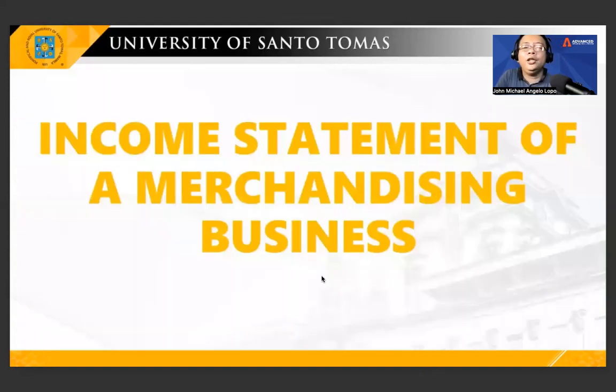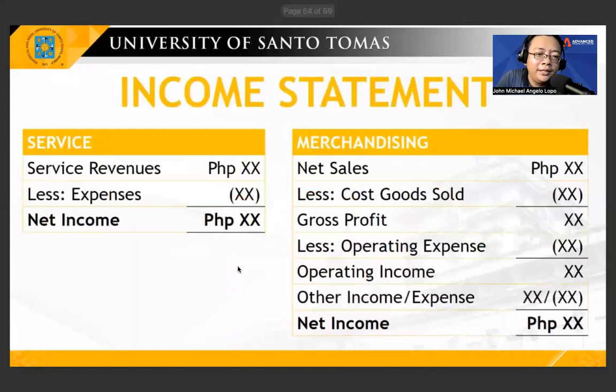Okay. Ito na yung income statement of the merchandising. Ito yung ginawa natin in our first part, which is service. Less expenses, you have net income. Magkaiba na siya in the merchandising. Mayroon na siya cost of goods sold and gross profit. Same pa rin, less expenses, or if ever you have expenses of OPEX and other income, then you have your net income. So, yun ang pagkakaiba niya, ha? Okay.